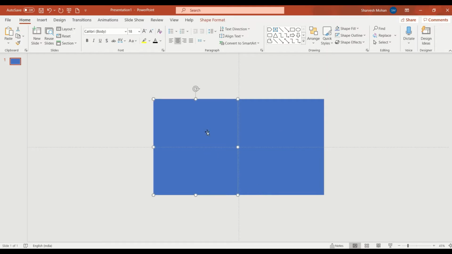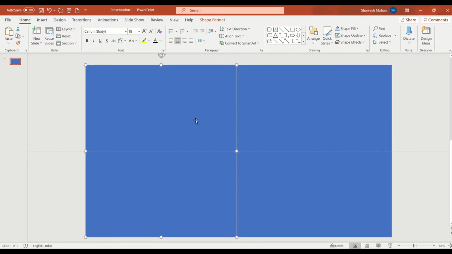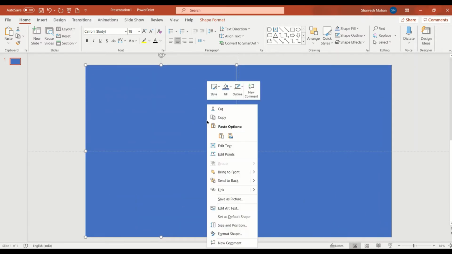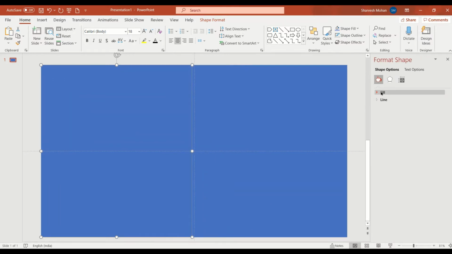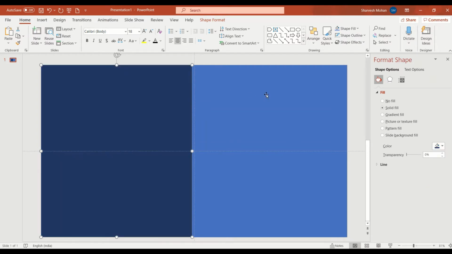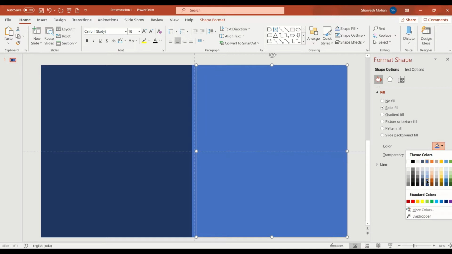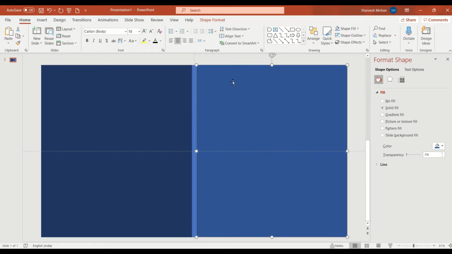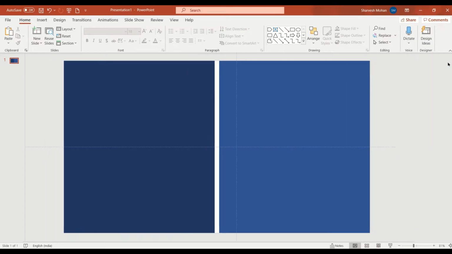Now we have to give colors. We'll go to Format Shape, Fill, and choose this blue color, and for this one a little bit lighter blue. In the center we'll give a white color. So we got the basic shape.